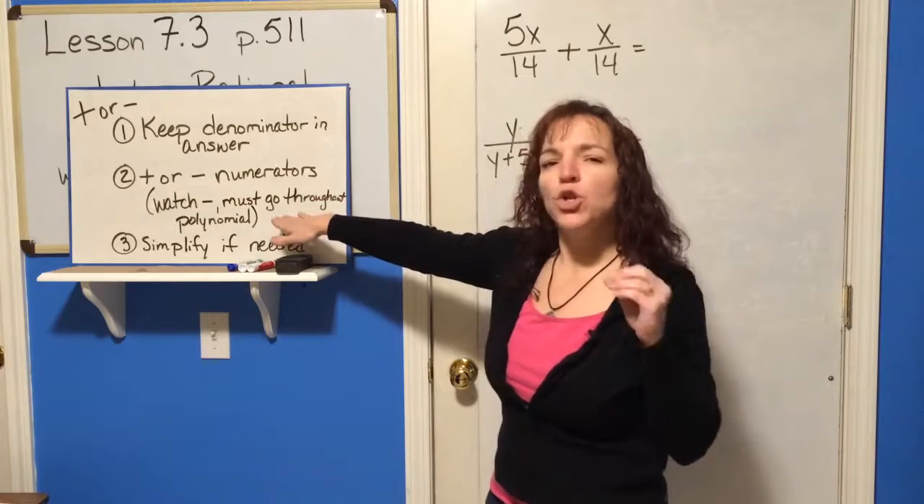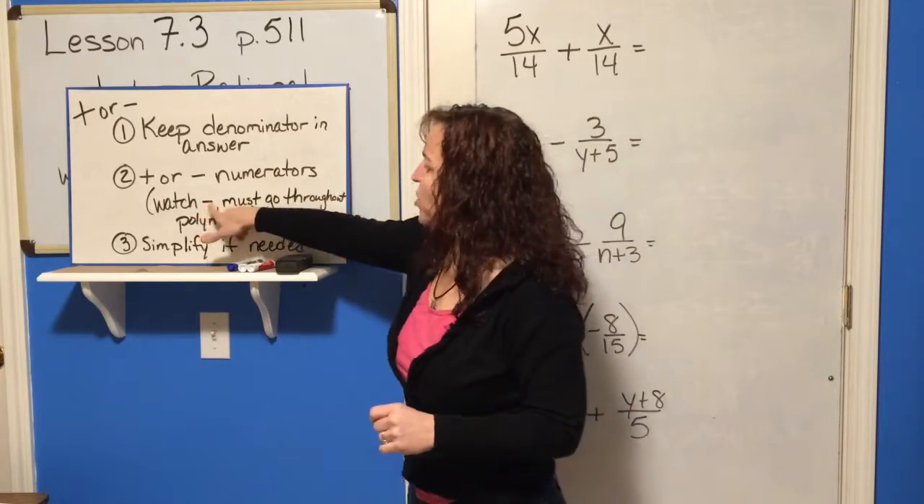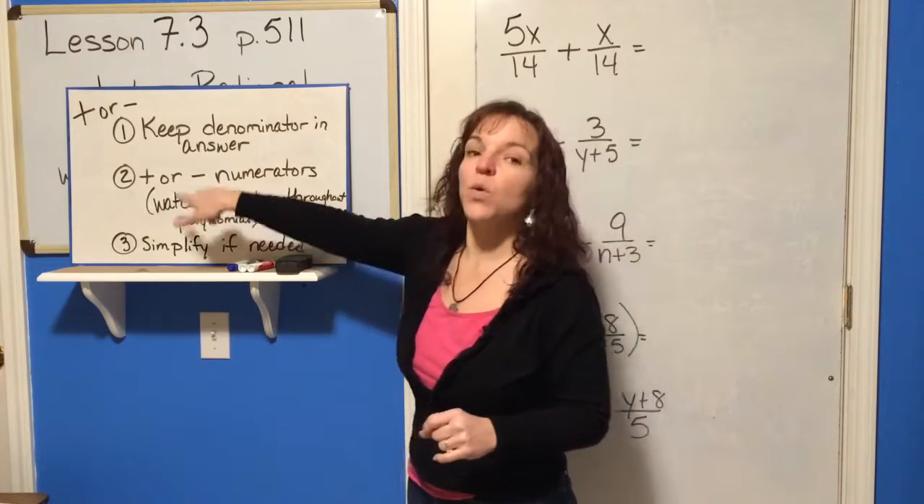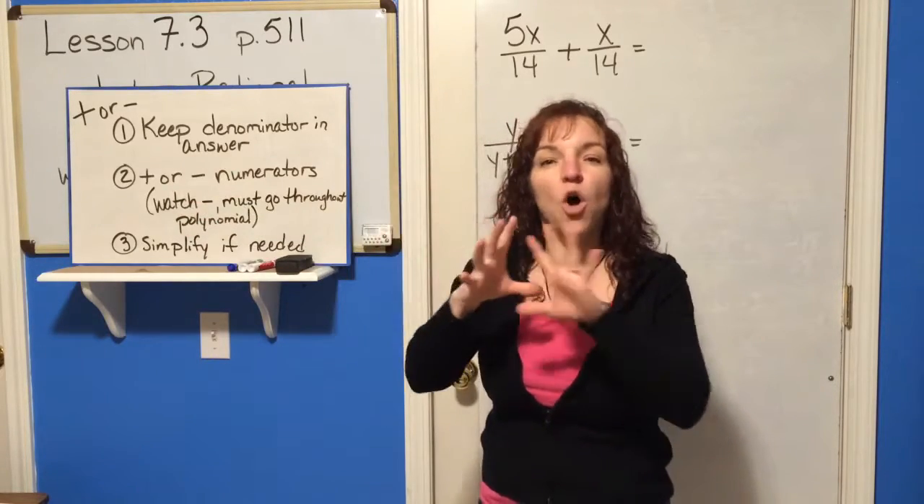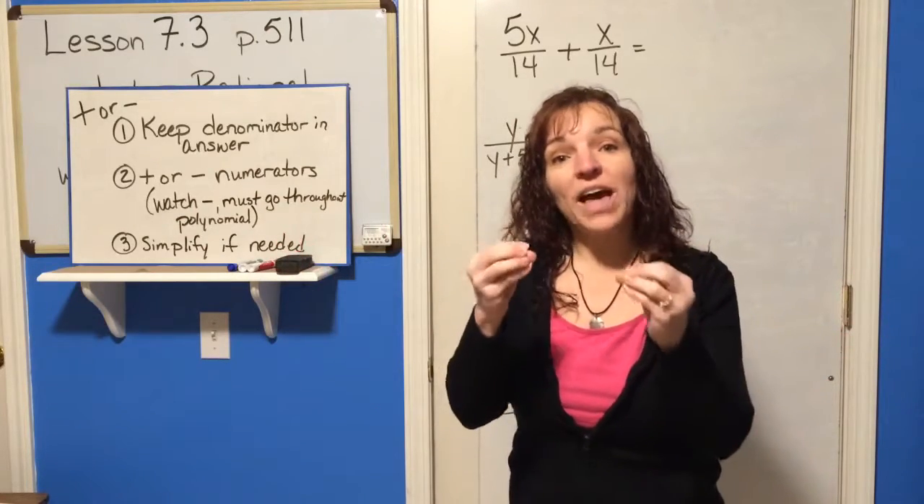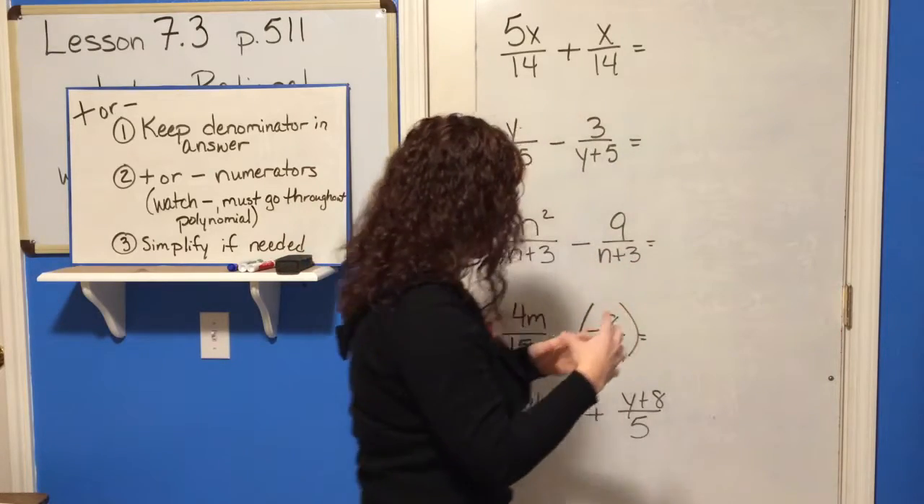Now make sure to put a note in your notes. Make sure you put a big star. Make sure to watch the subtraction. The subtraction has to go throughout the polynomial. So make sure the subtraction goes all the way through. If you're adding, then the signs stay the same. It's no big deal. But if you've got a subtraction problem, make sure that if you're subtracting a polynomial,